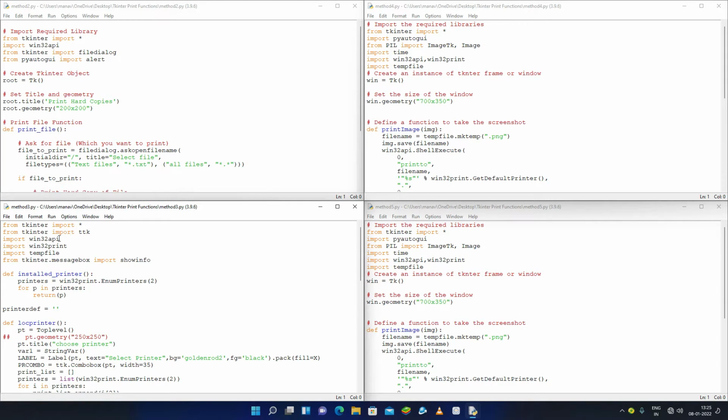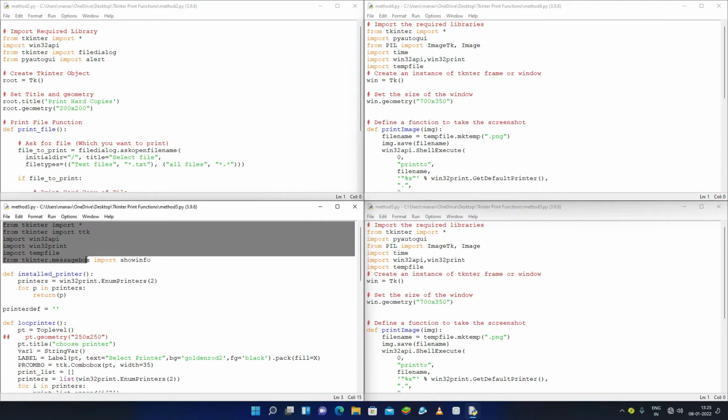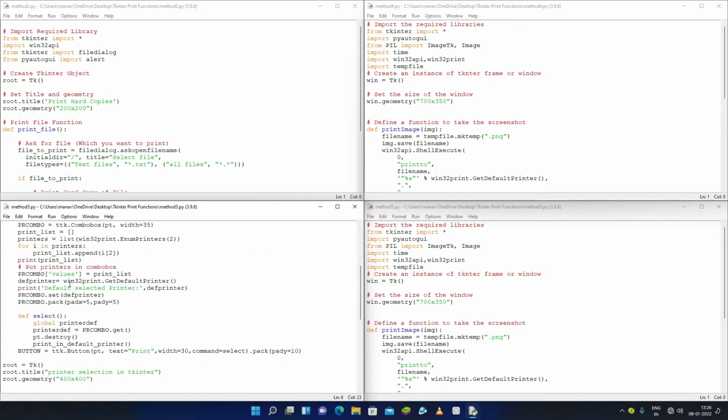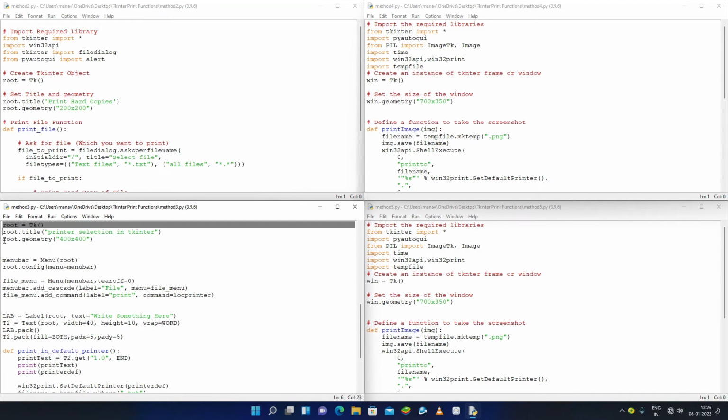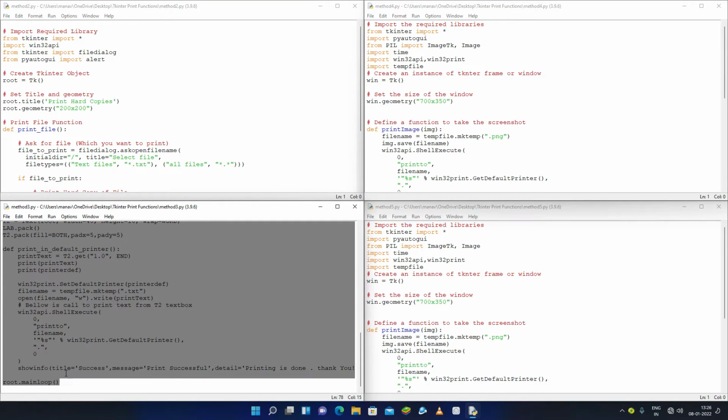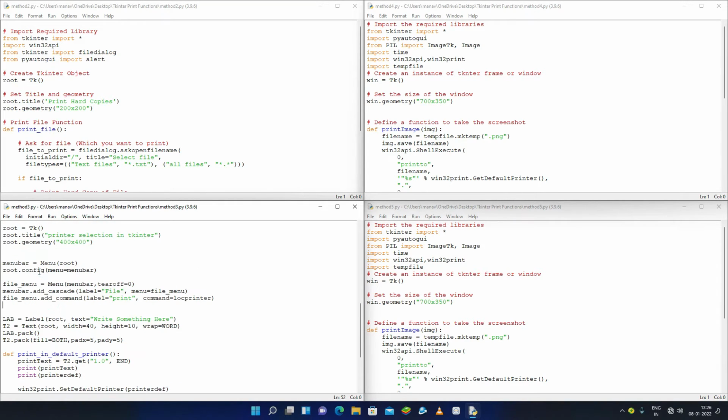So here I have imported all the things which are important for our code, and first of all I have made an easy GUI using Tkinter. Under this I am using one window, one menu bar.